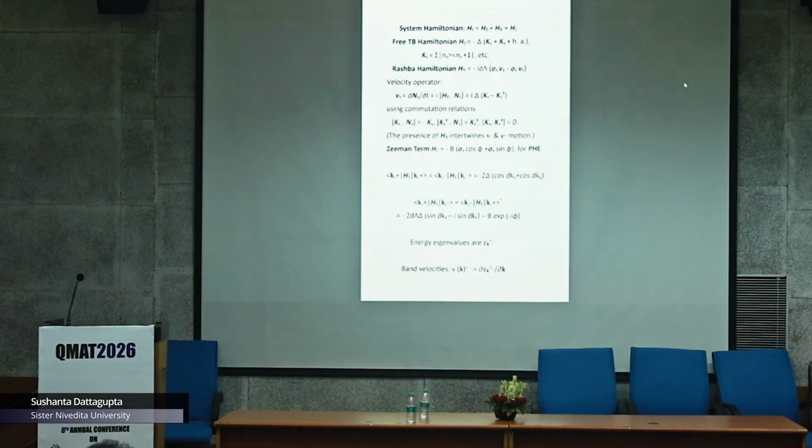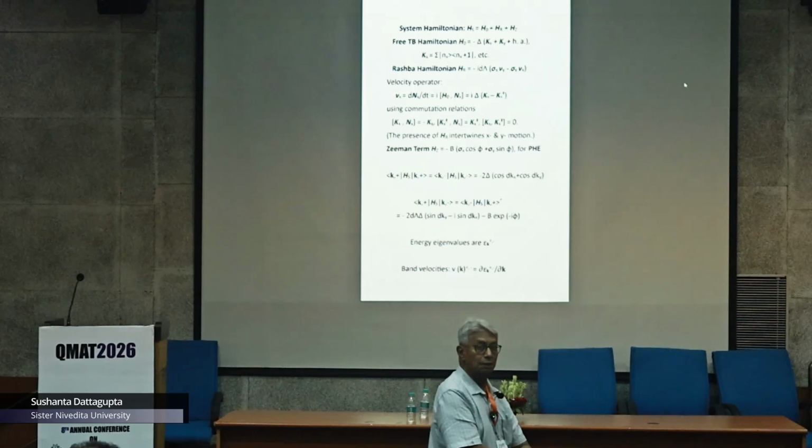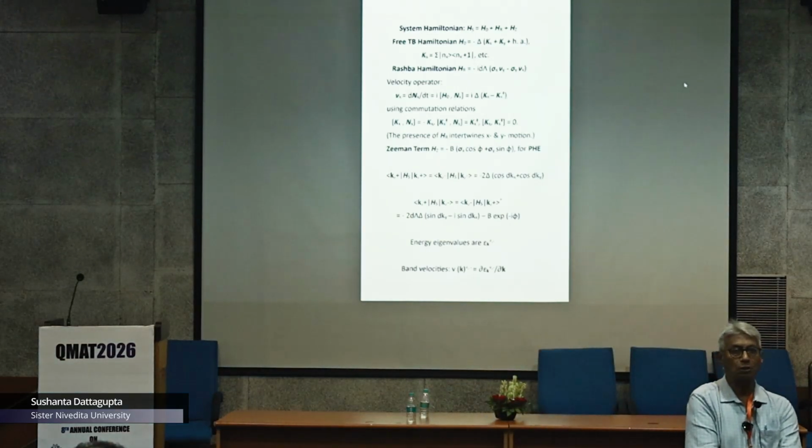And how do you calculate the velocity operator? The velocity operator from the Heisenberg equation of motion is basically the time derivative of the number operator. The number operator n_x is a summation over n_x, and then the projection operator |n_x><n_x|. And then you work out the commutator, and the velocity operator will turn out to be i delta (k_x minus k_x dagger). The simplicity of the tight binding model is that k_x and k_x dagger actually commute with each